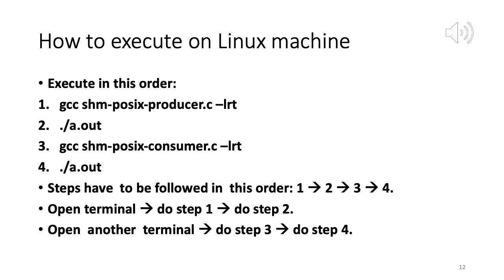We're not discussing it too much right now. It's a bit beyond the scope. But you have to compile with this -lrt real-time linking flag. So then compile it. Then run it. You will not see anything. When you run the producer, you don't see anything because it's simply creating the shared memory, attaching and writing, nothing else. Now open another terminal and compile and run the consumer.